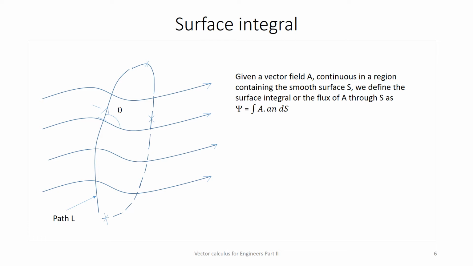So in the case of line integral, we define dl. Now here in the case of surface integral, we define ds, and an is a normal to that surface. So finding the dot product, here it is A dot ds. So an, that is the magnitude of an, is 1. So A dot ds you will get. So we will require to find here A dot ds.